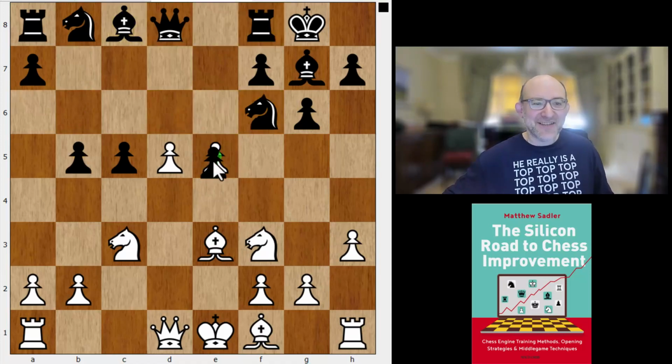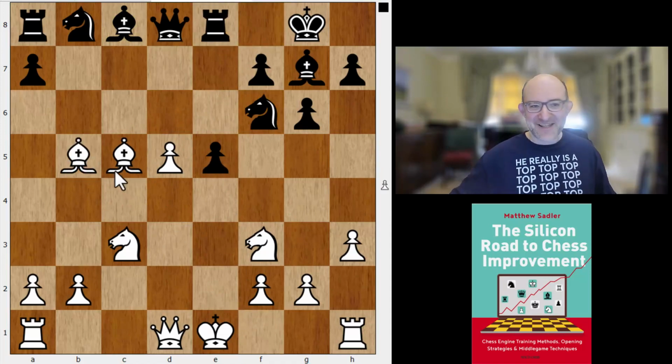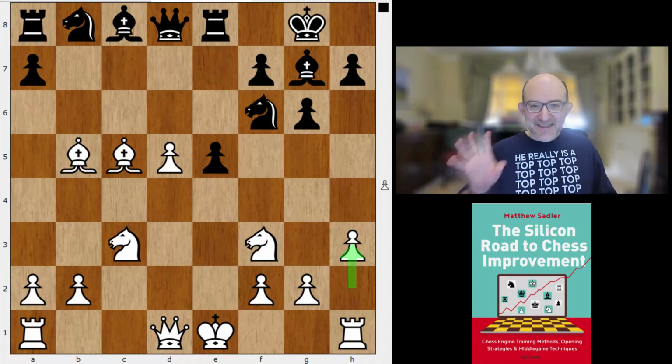You go e5, takes, bishop takes c5, rook e8, bishop b5. And, well, I'm sure you can see the similarity to what we get in the game. The only difference is that white has got this extra move h2 to h3, which is actually incredibly useful. I mean, this position for white is just much better. The one in the game is much more unclear, but that's basically where this